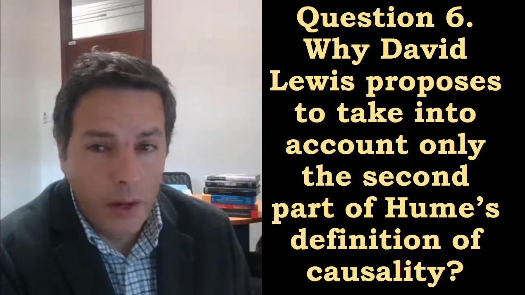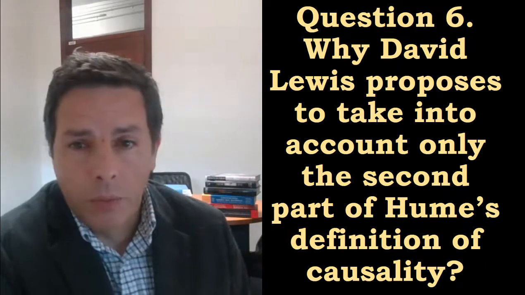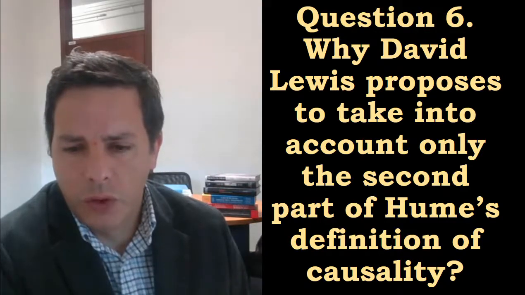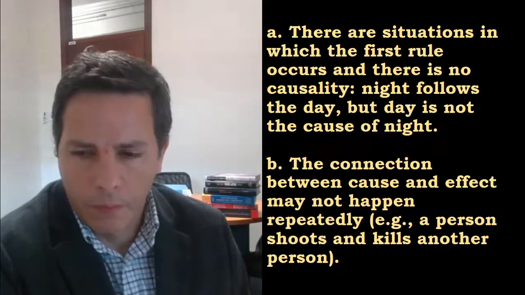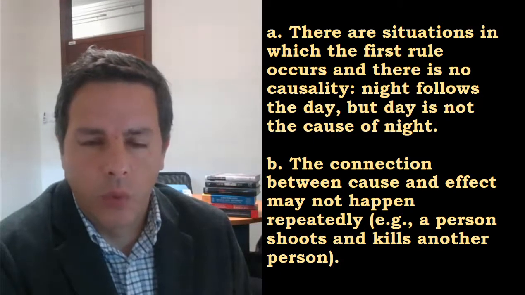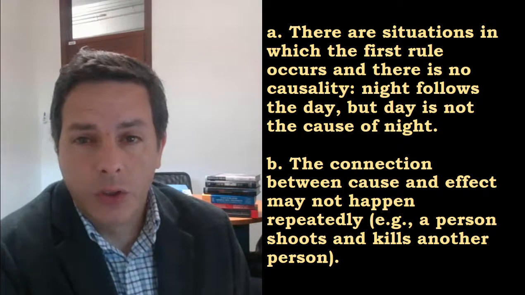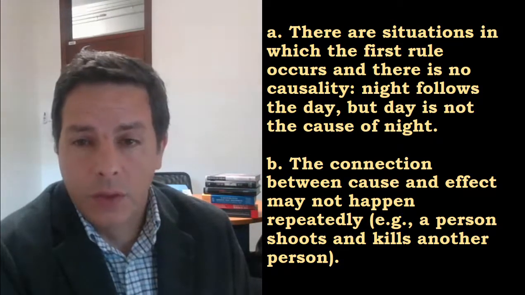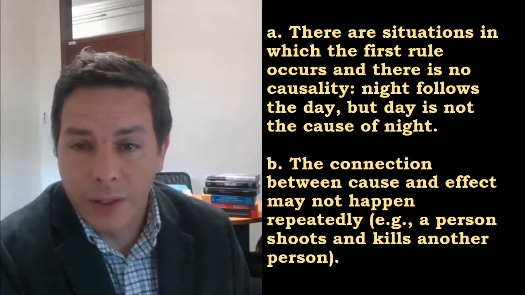Question 6. Why does David Lewis propose to take into account only the second part of Hume's definition of causality? Okay, there are two things that he claims. One is there are situations in which the first rule occurs and there is no causality. So, for example, night follows the day,